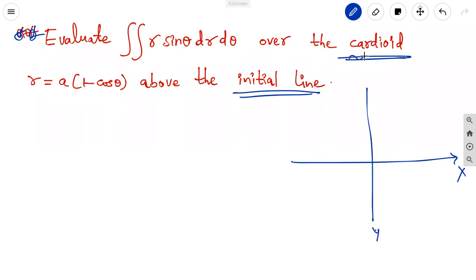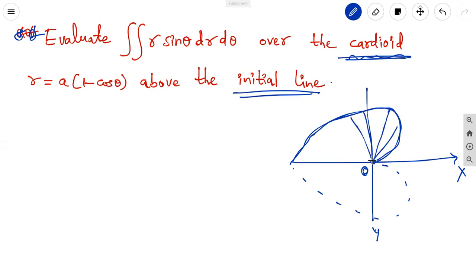What is the meaning of the cardioid? It is the heart shape. So above the initial line, it is symmetric, just like this, and the same thing, symmetry means it comes like this. Here r is taken in strips, not in the radius form. This is the cardioid, meaning the radius changes, but the radius starts with 0, that is the pole. r equal to 0, we can make into strips that depend on the angle.